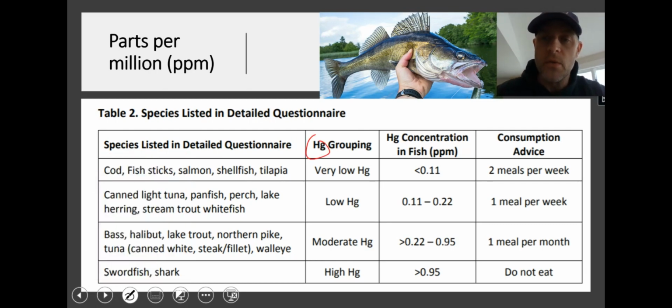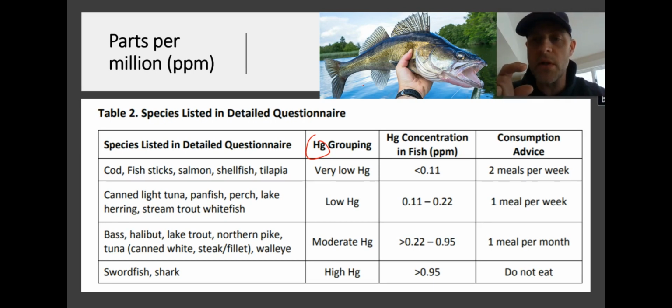And so one example here is the walleye. So at the top, I have this picture of this fish. It's called a walleye. It's the Minnesota state fish, by the way. But walleye eats smaller fish. And so these little small fish get just a little bit of mercury in them. And it's not a big deal because it's such a small concentration. But then the walleye comes along and he eats a small fish and another small fish, another, and that mercury